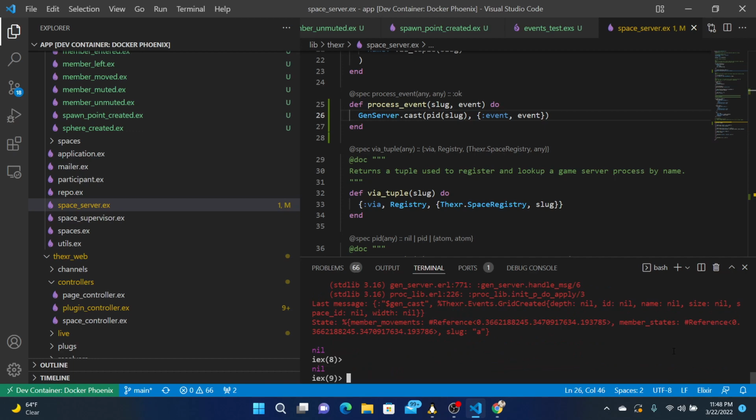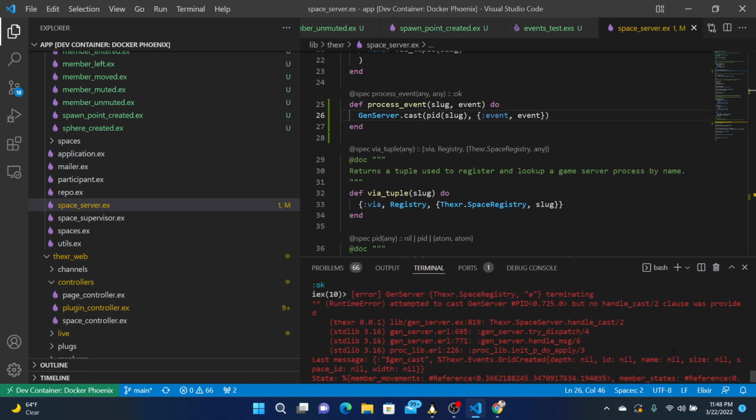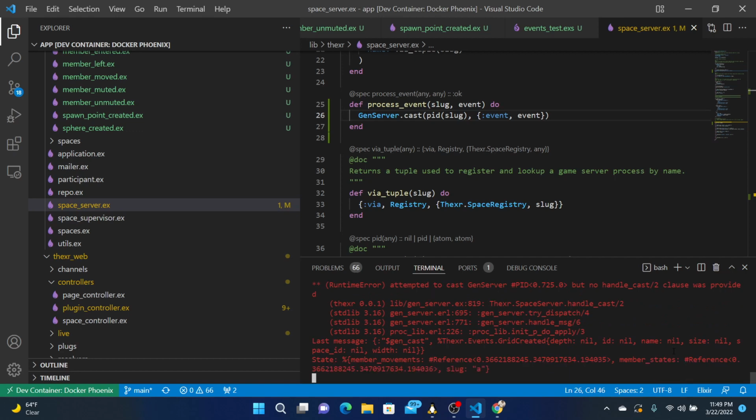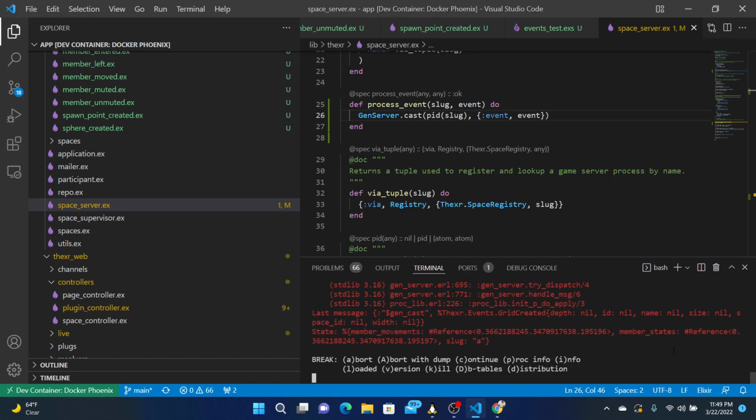So the supervisor should have recreated it. Let's try this again. No handle cast clause was provided. Try again. Still no. Close it. Server.